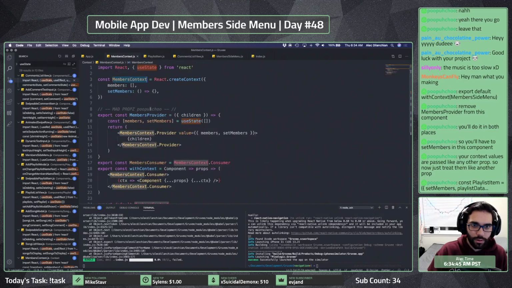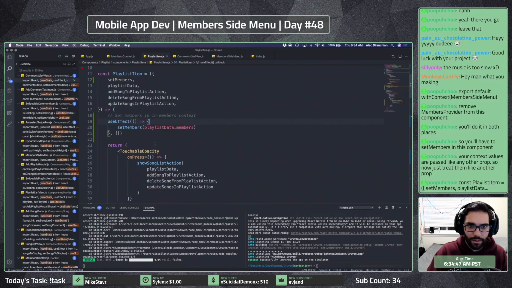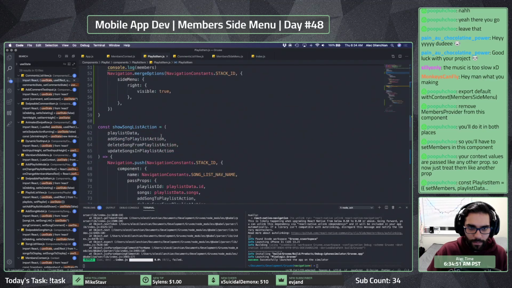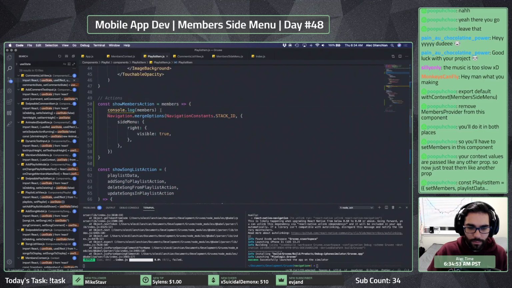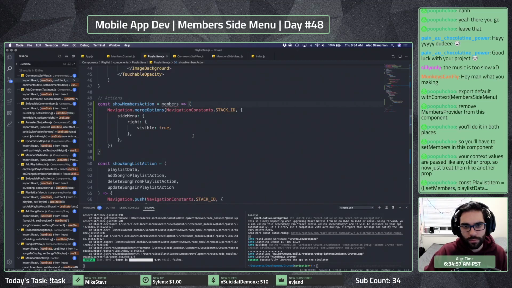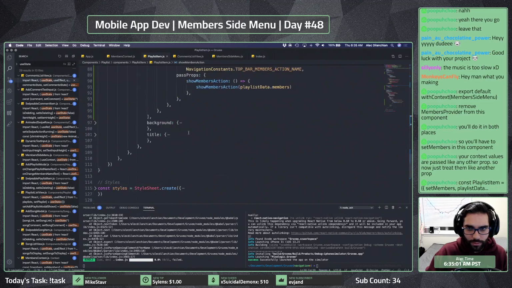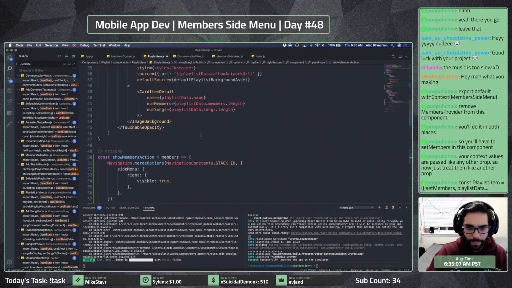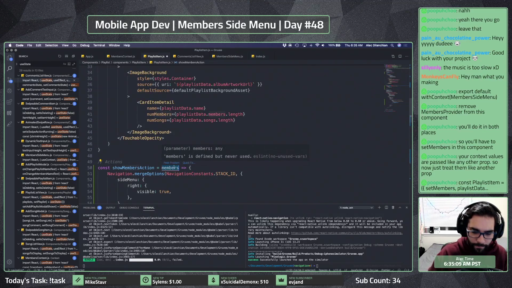Set members, coming from our context, set members like that. Okay. And then show members. Actually don't need this anymore. Like that.